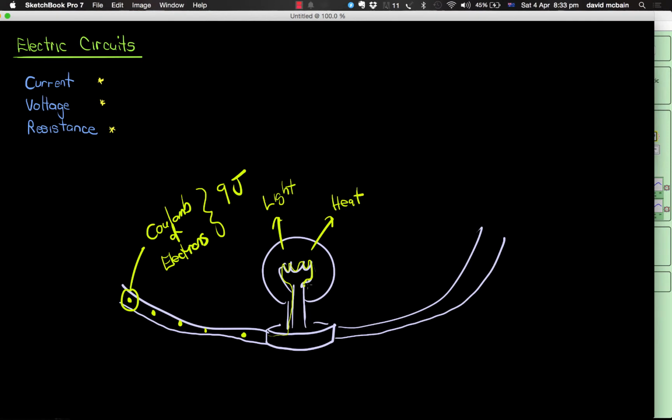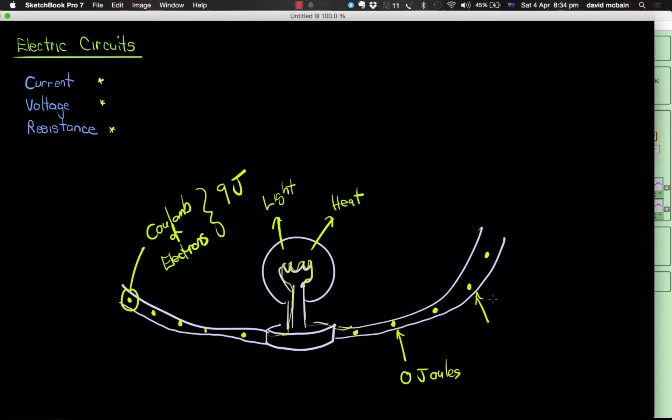To the point where as the electrons emerge from the globe and come out the other side, if this is the only globe in the circuit and now the next stop is going back to the battery, these electrons would now have 0 joules of energy. So if we were to measure the amount of energy in that coulomb of electrons in there, it would have 0 joules,